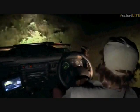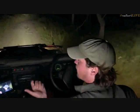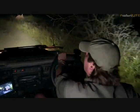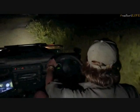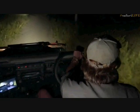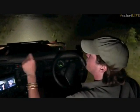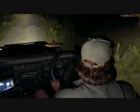Now those hyena cubs are going to be around the den for quite some time now, which is wonderful. And the interesting thing about how long hyena cubs stay at the den is that it very much depends on who their mother is. The higher ranking female hyenas, their cubs will stay at the den sometimes till they're well over a year old. The low ranking females will actually take their cubs out foraging sometimes as young as 5 months old. Now the reason for this is because of the social hierarchy of the hyenas. The high ranking females will bring kills back to the den and their cubs will be able to feed. Those low ranking females' cubs will not get a chance to feed at the den if there's multiple sets of cubs at the den. So to ensure that their cubs have a very good chance of survival,